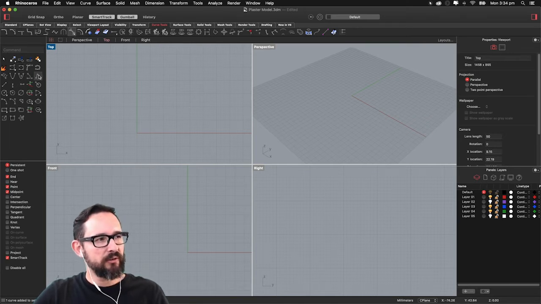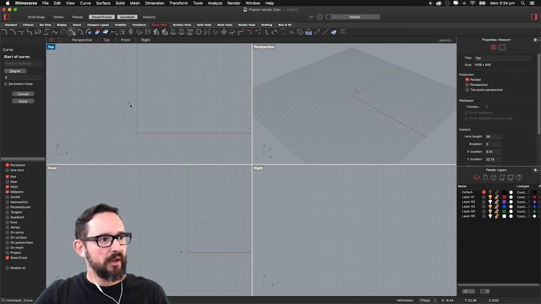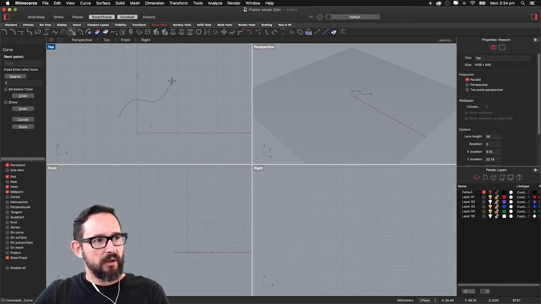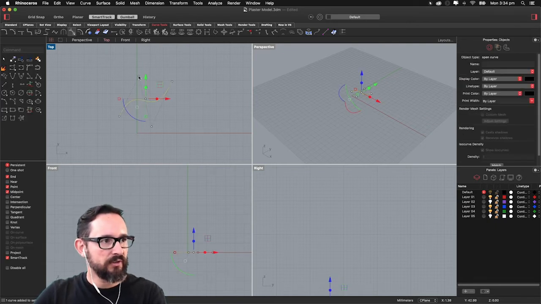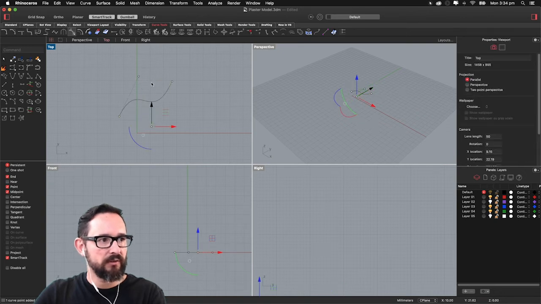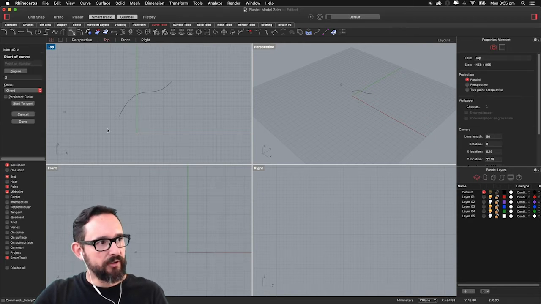So we've been using a lot of polylines. Now we can actually start using curves. There are two types of curves. There's the curve through points, which is this one, and which basically every time you click averages the points in between, and once you select it, you see that average happening, and you can move it around and reshape the form. This is one curve, and the other one is the interpolated curve, where every point you click on,